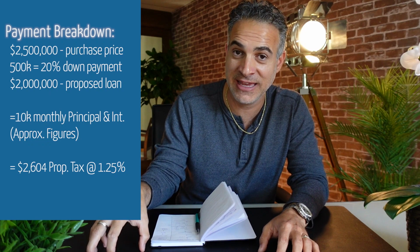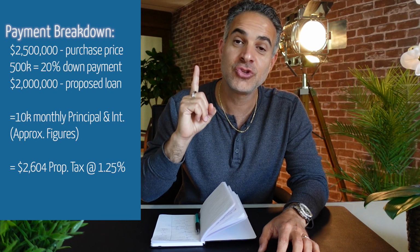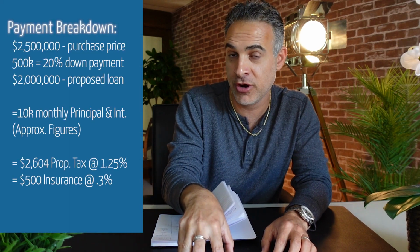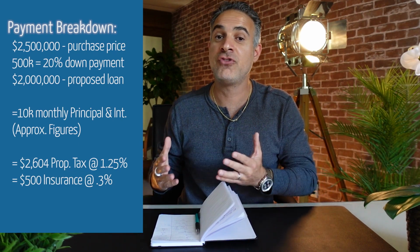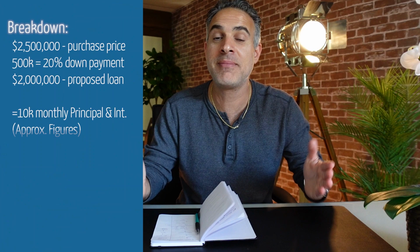Then you have property taxes. Property taxes are calculated at 1.25%, which means that it's roughly $2,600 in property taxes every single month, and that does not go away. Keep that in mind. Now, the last piece of the puzzle is the insurance, and the insurance is calculated roughly at 0.3% of the loan amount, which in this case is approximately $500, which means that if you purchase a property in LA today for $2.5 million and you have a $2 million mortgage, likely that your payment is right around